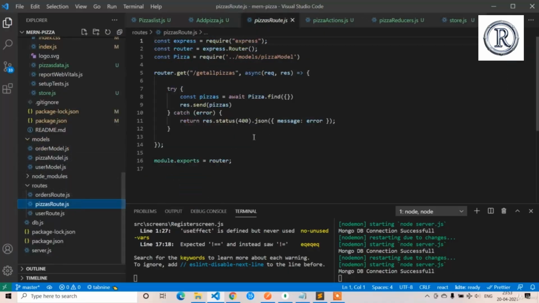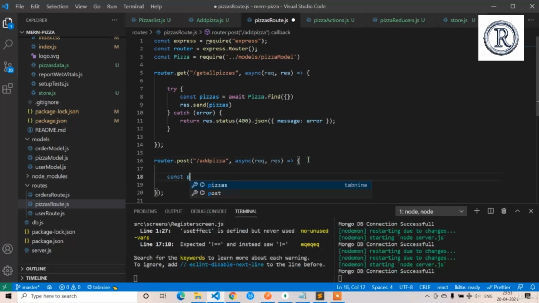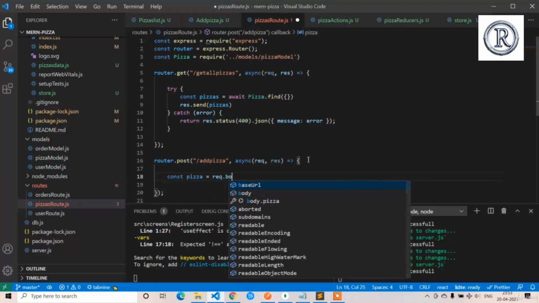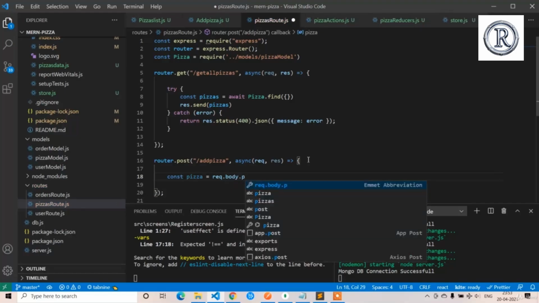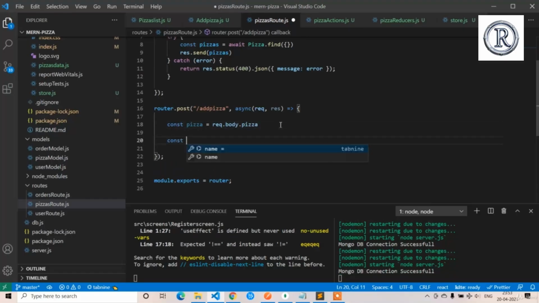In the pizza's route, I'm going to write router.post add pizza. So from the front end we will receive the pizza component. I'm going to write const pizza is equal to request.body.pizza. So now I am going to create the new pizza. Const new pizza is equal to